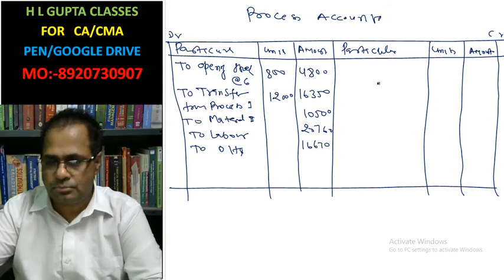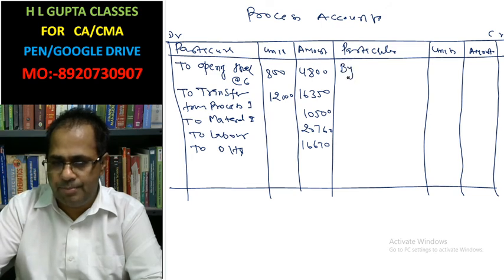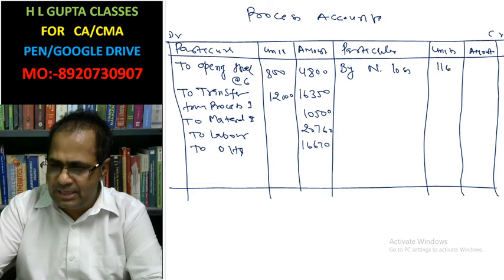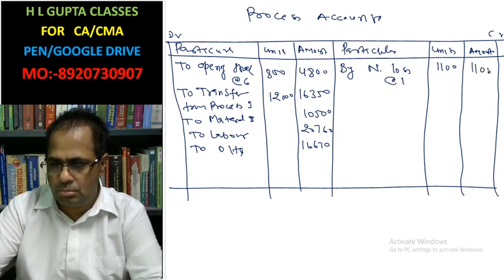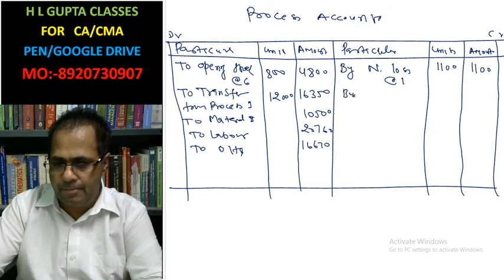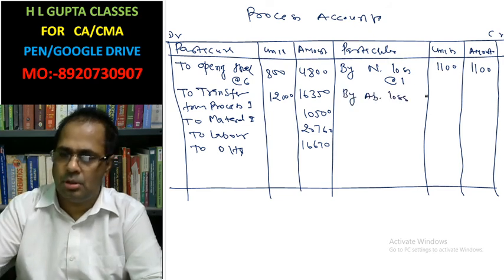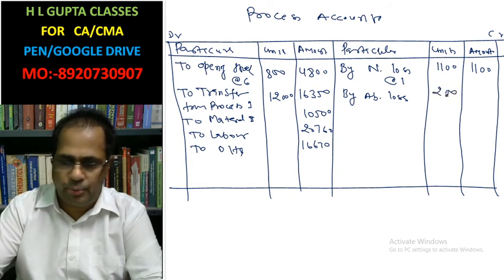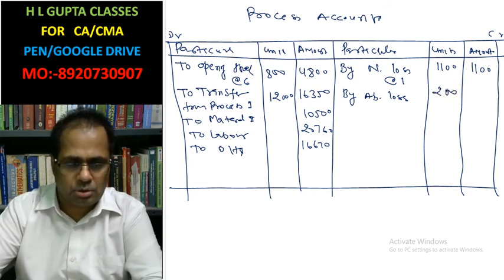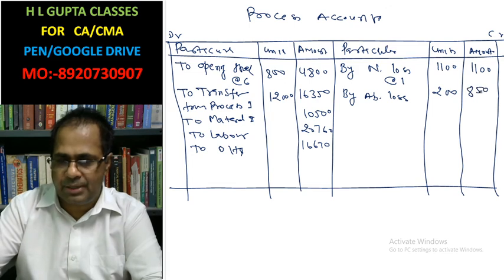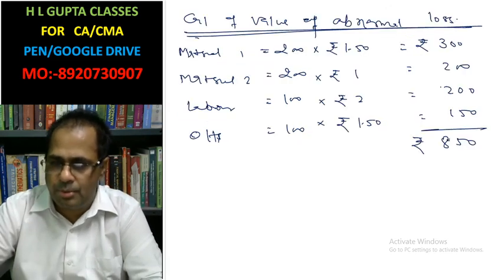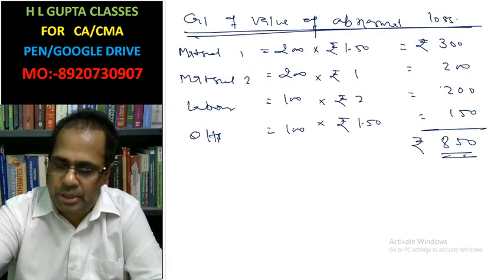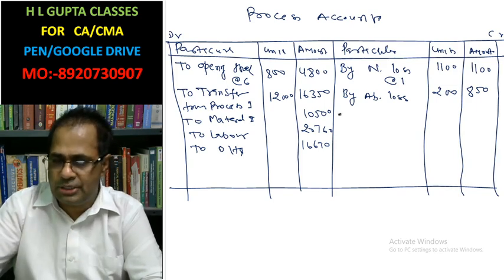Okay, by normal loss, this is 1100, this is at the rate of 1. By abnormal loss 200, we have calculated the cost of abnormal loss, that is 850. Okay, by closing stock,